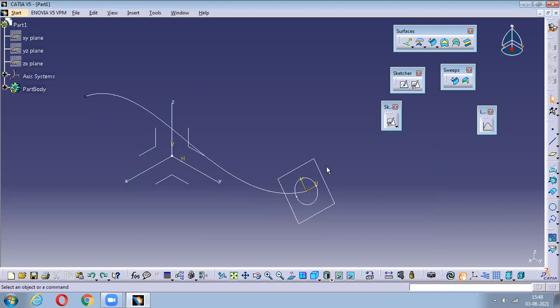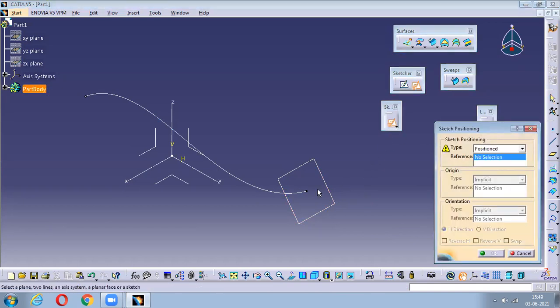Okay. So have you guys seen these silencers and exhaust pipes and all? Yes, sir. So the variations in those dimensions, it will be circular, but it will be varying from point to point. So those kind of profiles can be drawn by using this variable sweep or adaptive sweep. To do this, I'll use the same profile and same plane, but while you are doing this, again go with this position sketch. Just click on this, take it as a projection point and select this.